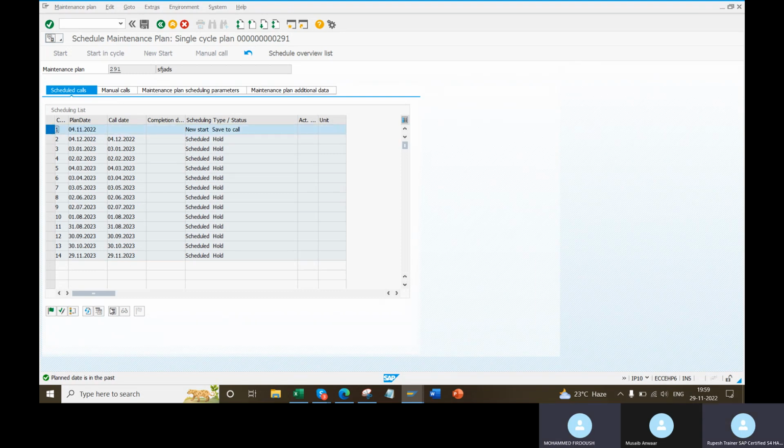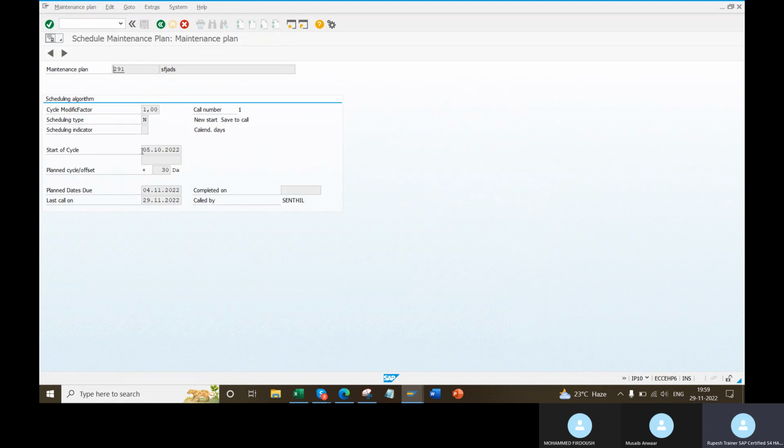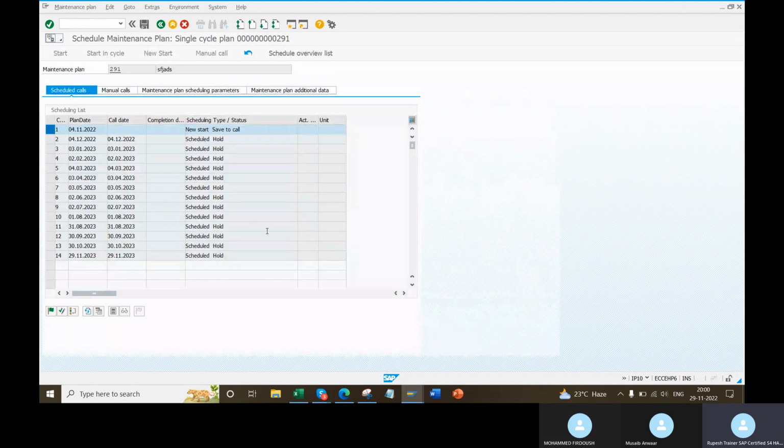Select the line. Go to call algorithm. See, your plan date is your key date, start cycle is 510. Your sequence is 30 days. From here, if you count 30, 411 is your 30 days. Your 1 month means it will take 30 days. If you count, it will be 411. Understood, sir. You need to understand, no option. Still, we are in the basics of preventive. We are still in fundamentals.